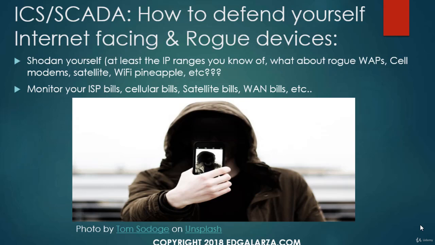If you know that you should be seeing low bandwidth coming and going from your substation or your remote site back to your control center. Let's say you never reach a gigabyte of traffic a month. And let's say one month you get 5 gigs of traffic. That's a red flag. And that's why you should monitor your bills, because